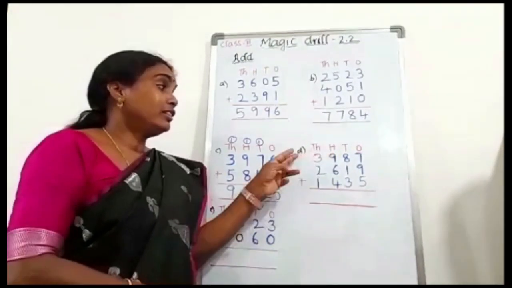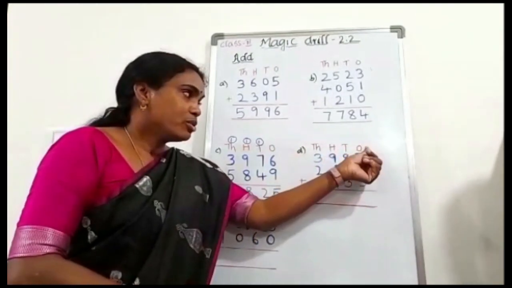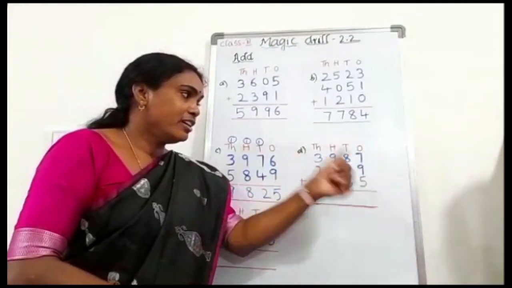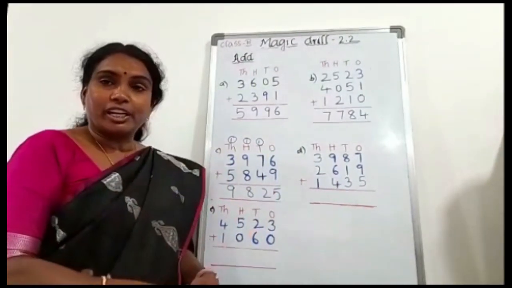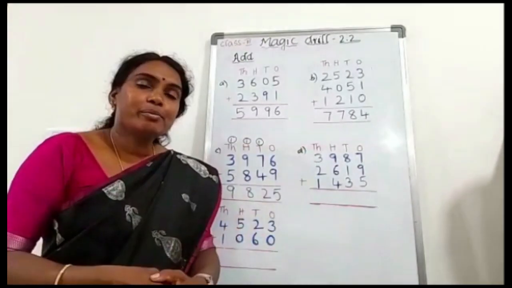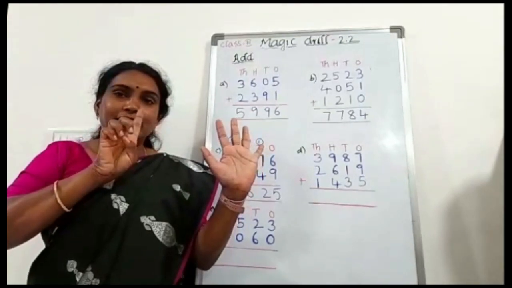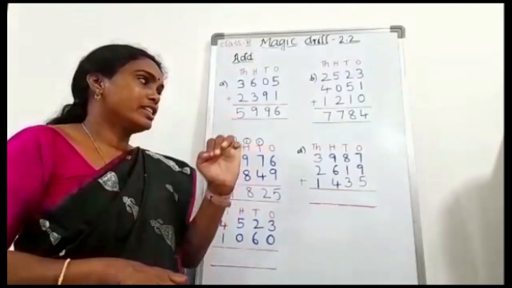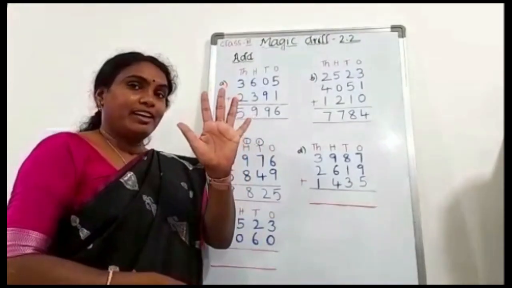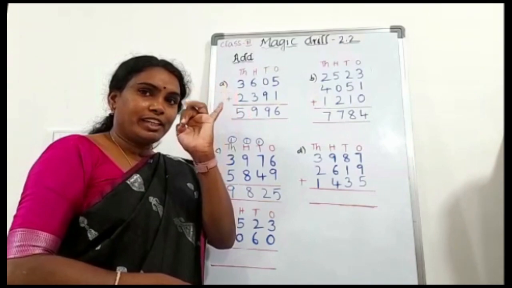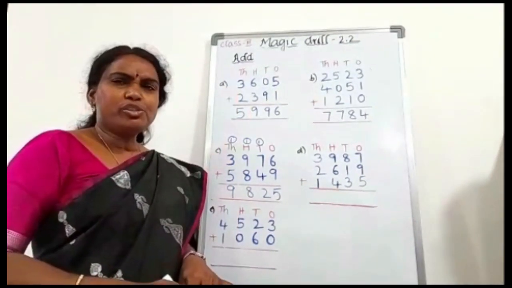In this problem, 3 addends are given. Okay. First we add the ones column. In the ones column there are 7 ones, 9 ones and 5 ones. First we add the 7 and 9. Then we add the 5. 7 plus 9 is 16. Then we add the 5: 16 after 17, 18, 19, 20, 21. 21 ones. Oh, it is also a 2-digit number.